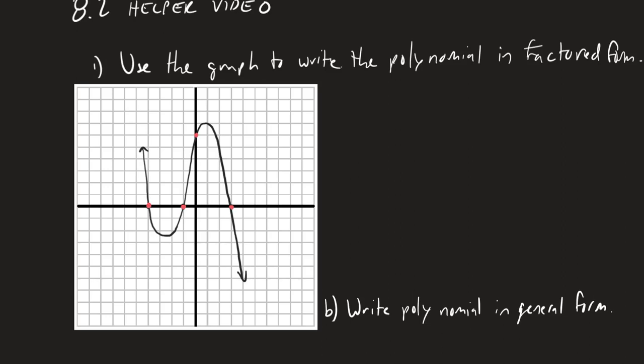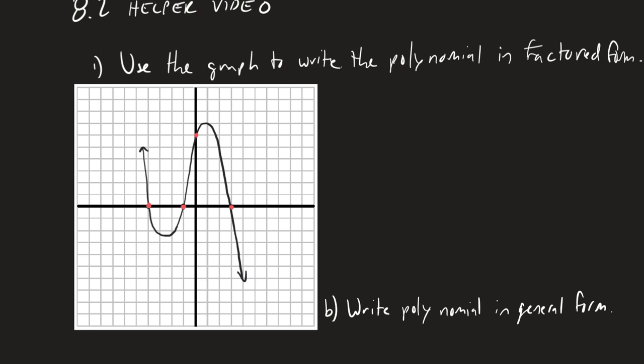Hey there, want to give you guys some help with 8.2, where we're looking at writing equations of polynomials. We're going to use these skills quite a bit when we move to section 8.4, so we definitely want to hone these quickly. So first thing, this one problem I'm doing here is similar to number 2 on the homework,